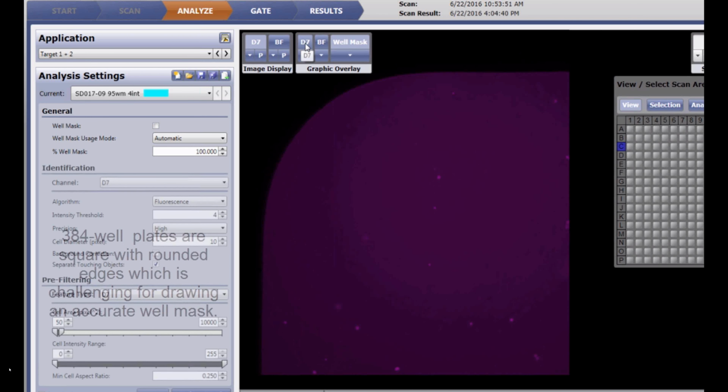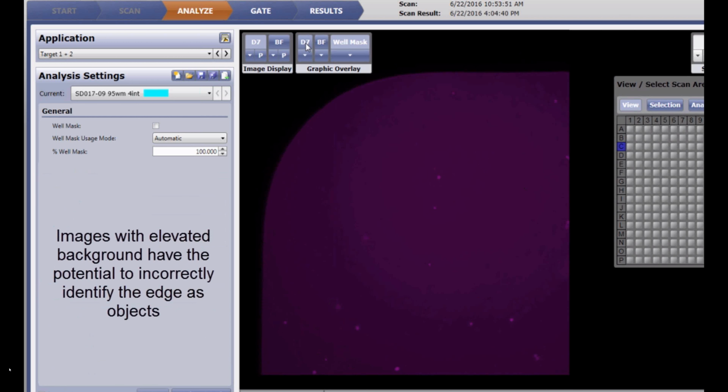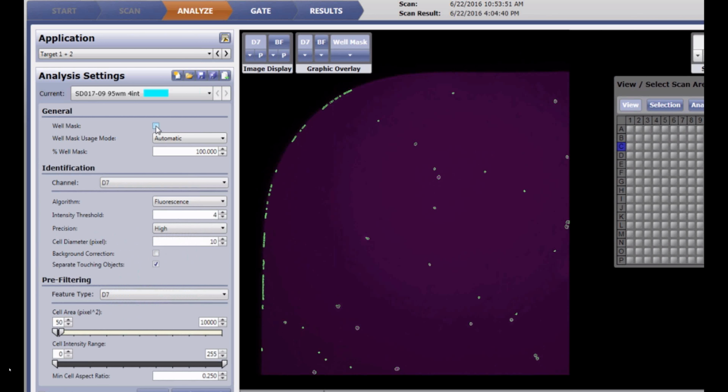Well, first, let me just tell you what's in the image. We have Draq7 stained cells. So that's a dead stain in the far red channel. And the problem with this dye is actually it has a lot of background. And that will actually be difficult on the edge of the wells, it's picking up the objects. The dead cells are picked up properly, but you can see where I have the background from the dye next to the edge of the black wall. It's actually picking up those as objects, which is not correct. So we'll use the well mask to help eliminate those